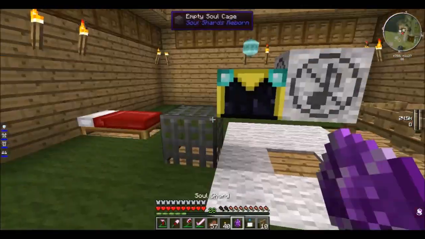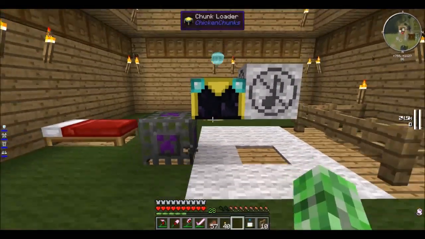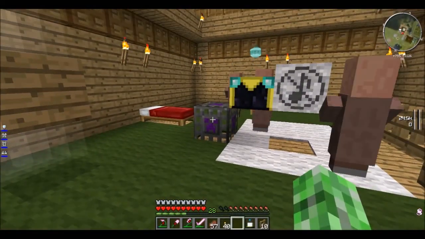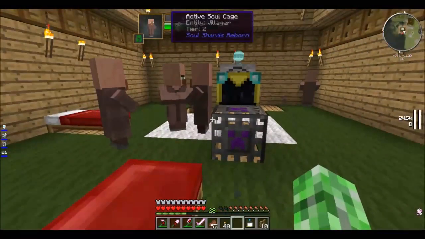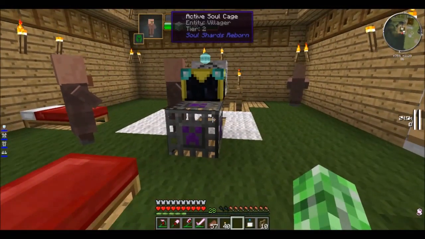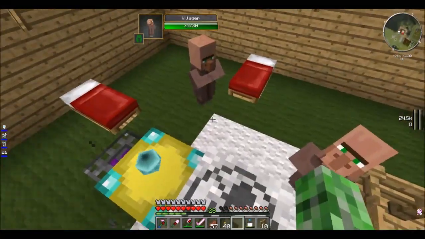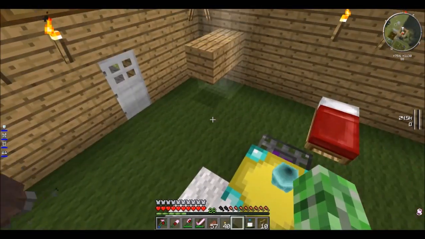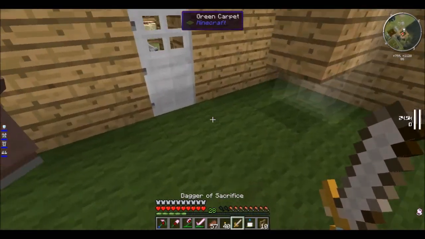Okay, there we go. So we'll toss it back in here, and it turns purple. Give it a second or two. And there we go. It is now spawning villagers. There we go. About 4. So that's not bad. Oh, here comes more. So this is going to be awesome. So now what we'll be able to do is we'll be able to take our dagger of sacrifice, and we'll